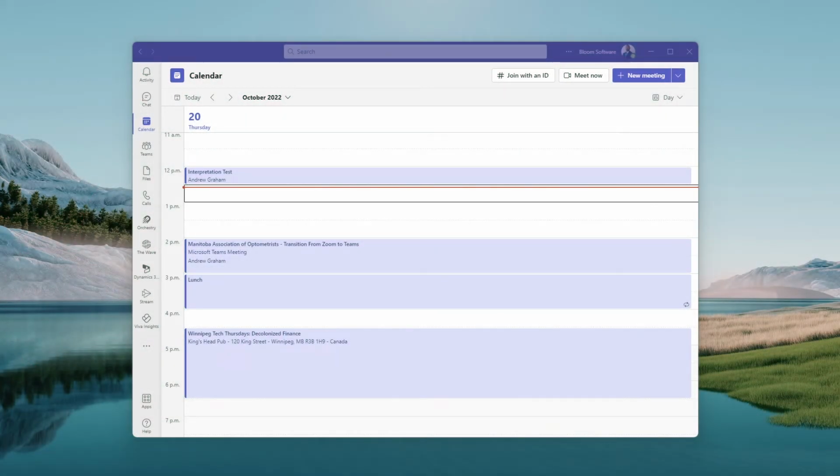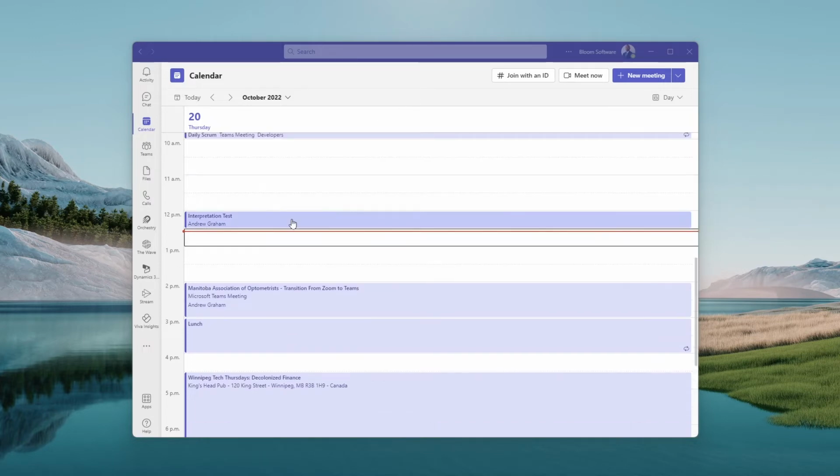Microsoft has been working on language interpretation for quite some time. In this tutorial, I will show you how to pre-configure the language interpretation prior to the Teams meeting and also during the live Teams meeting. So prior to the meeting, what I'll do, I sent out a calendar already and the